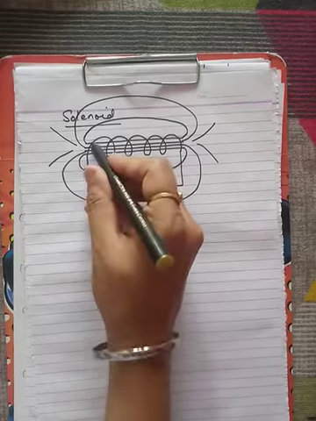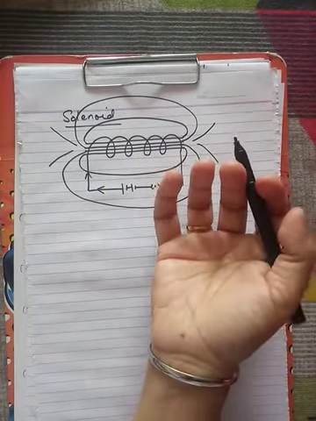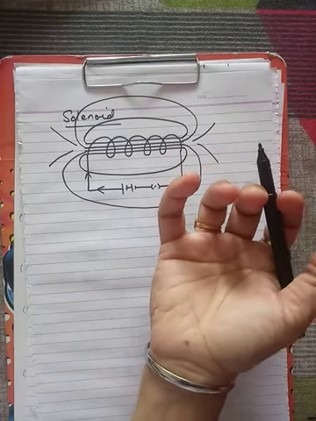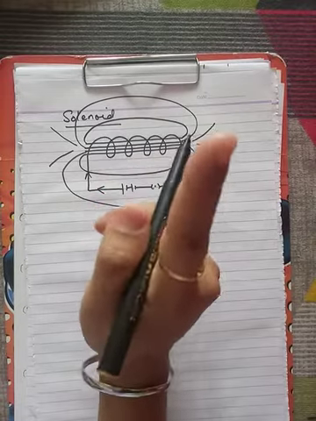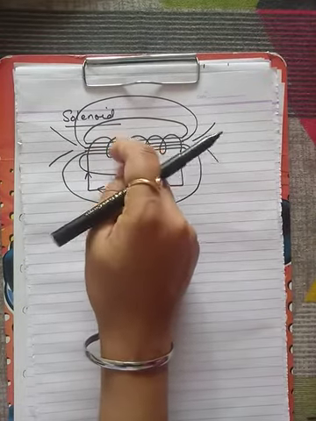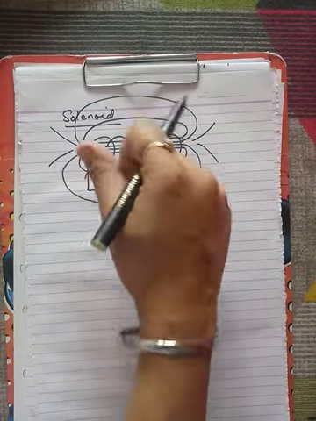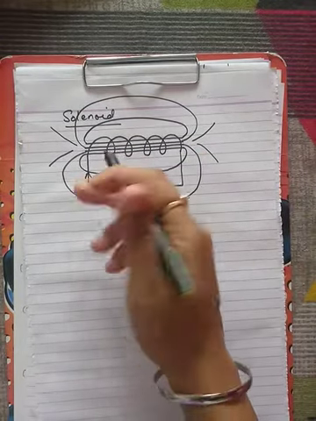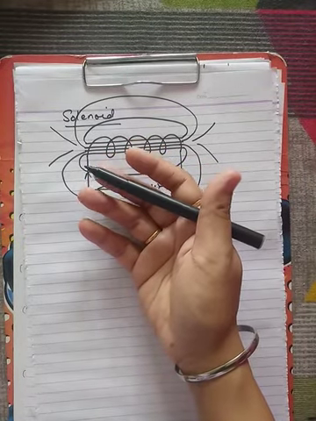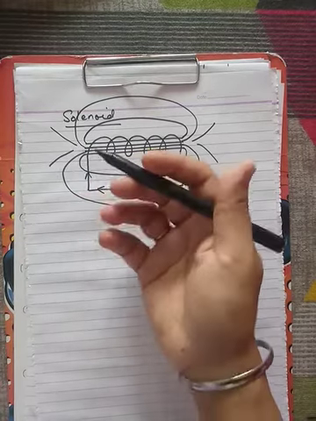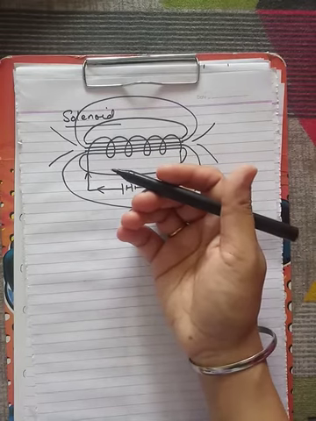So the current direction is like this. What will be the direction of magnetic field lines in this case? The magnetic field lines direction can be found at each and every point using the right hand thumb rule. But because this has so many turns, it will not be possible to apply the right hand thumb rule at each and every place, so it is easier to have a clock face rule in that case.